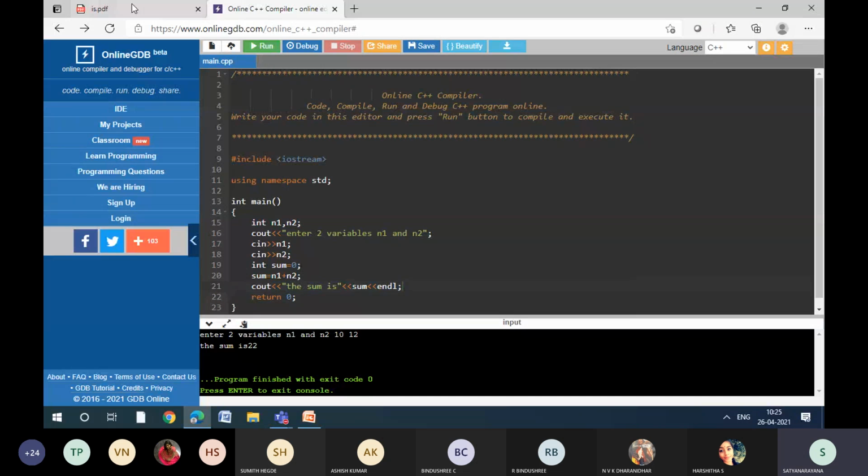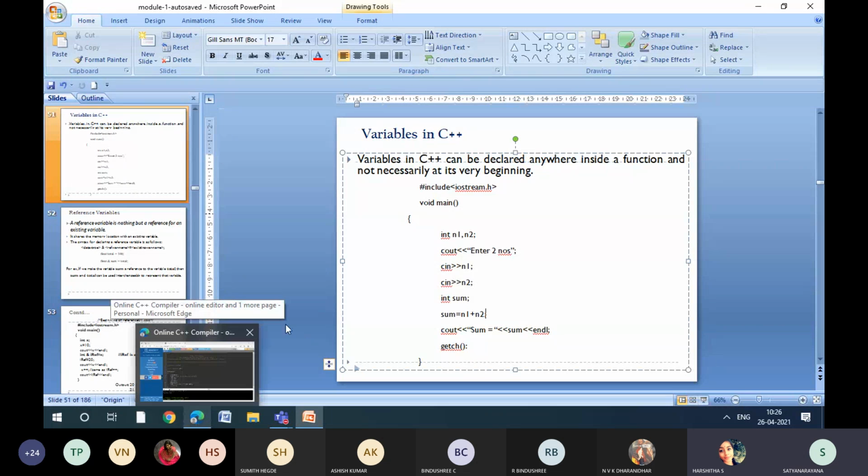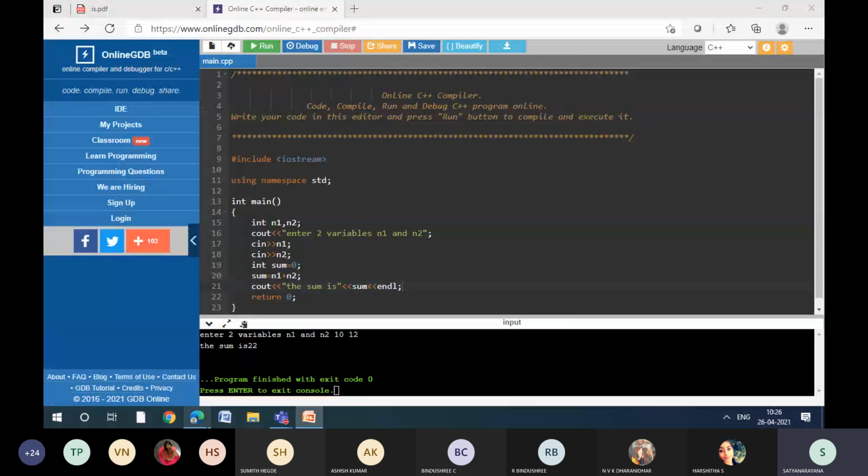All right. Now see why I have shown this one. What is the difference between this one and the one which we copied? A return statement was there at the last, but here getchar was there. Here I use void main, there it is int main. That's why I'm using it. If it is int main, we need to use a return statement. getchar is not a mandatory statement, of course.